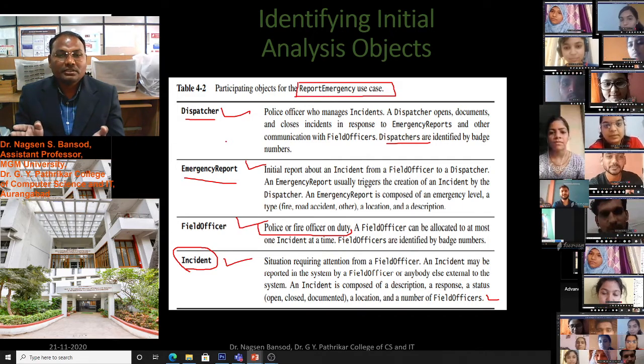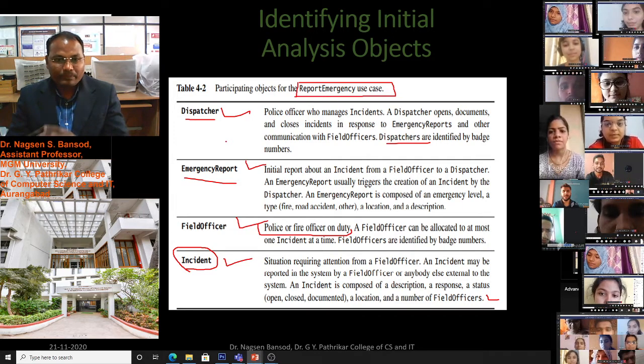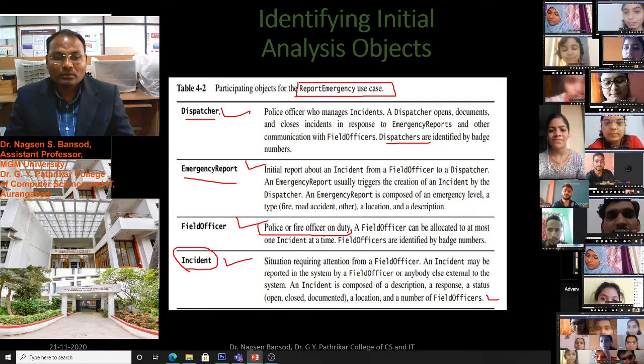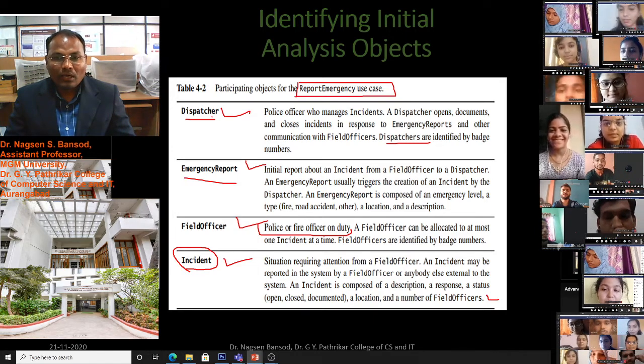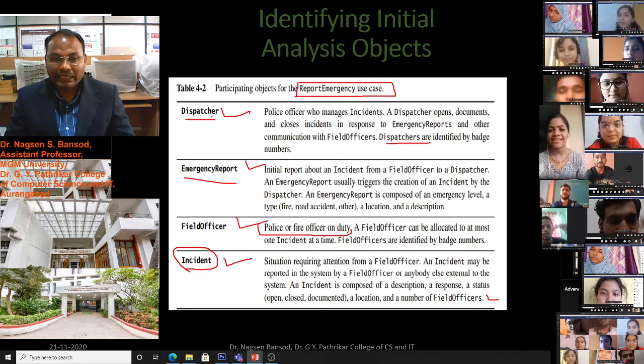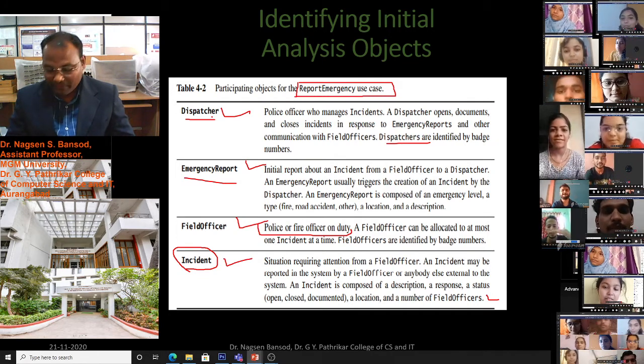The dispatcher is the police officer. Like this we have to do the analysis of the requirements.